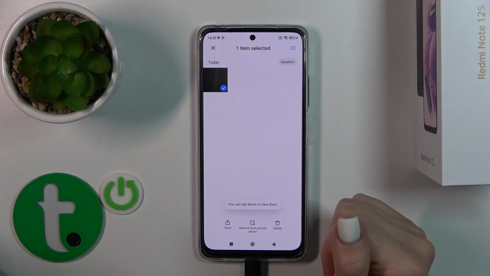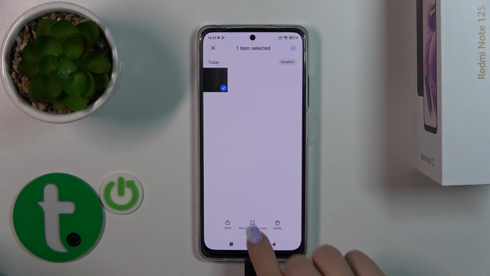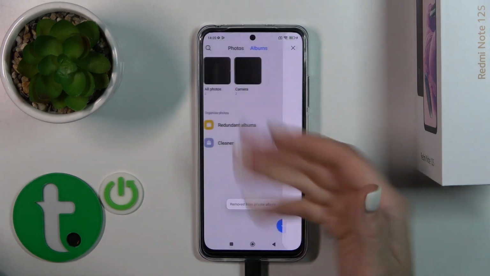Just to unhide them from here, select them and tap remove from private album, and for example let's move it